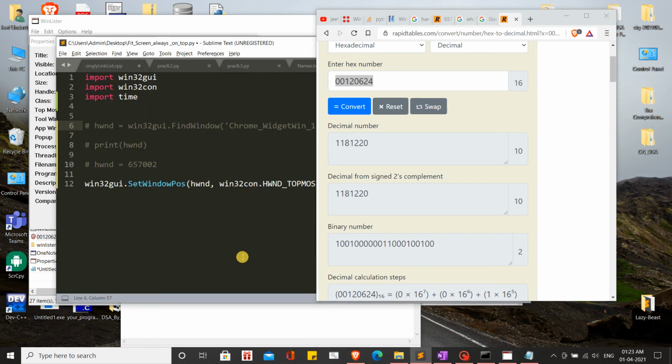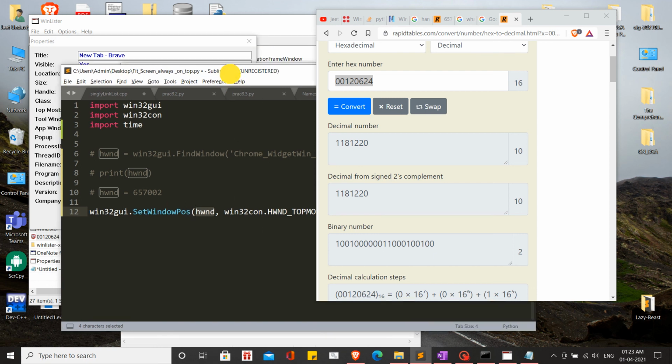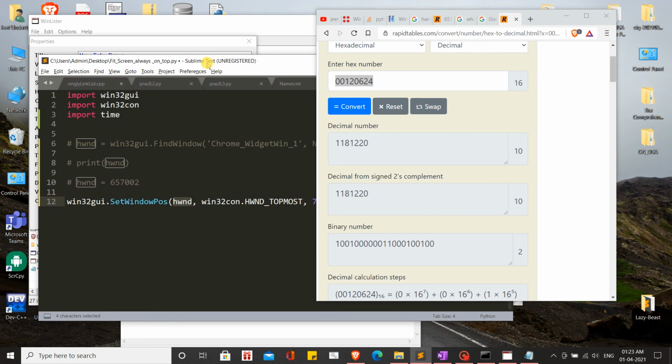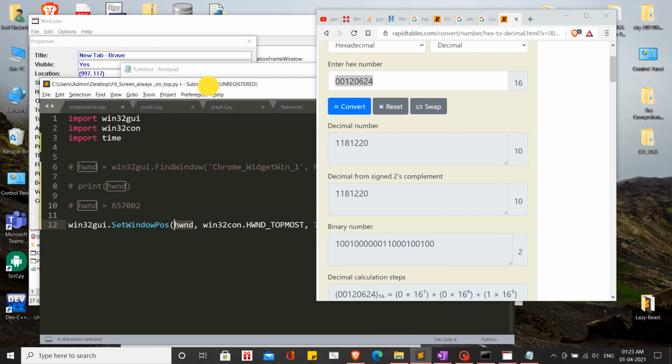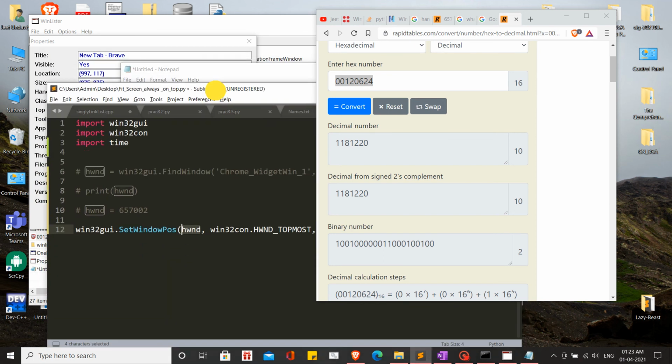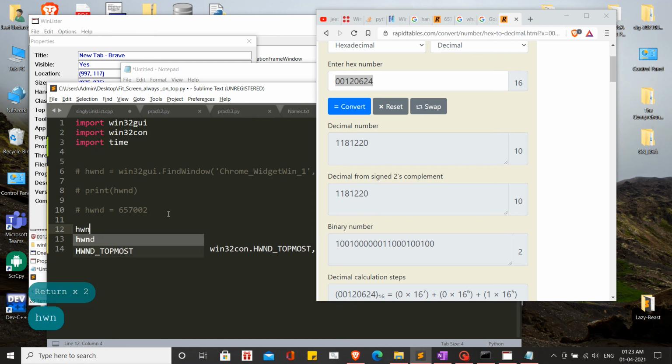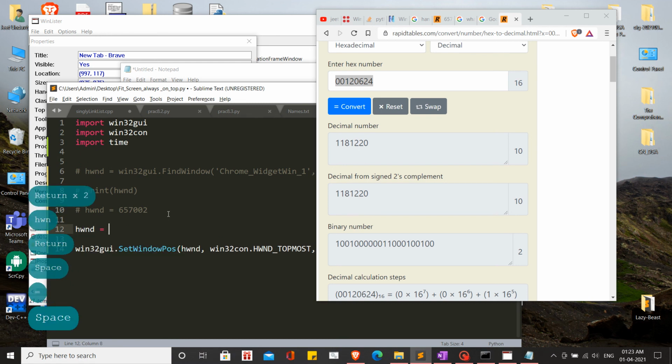In our code, this handler expects the handler number in decimal form. It does not support hexadecimal. So what I'll do is I'll say HWND is equal to this number, right?